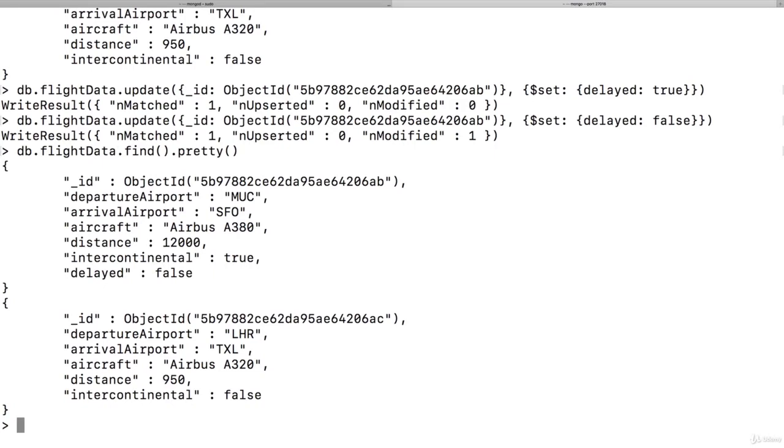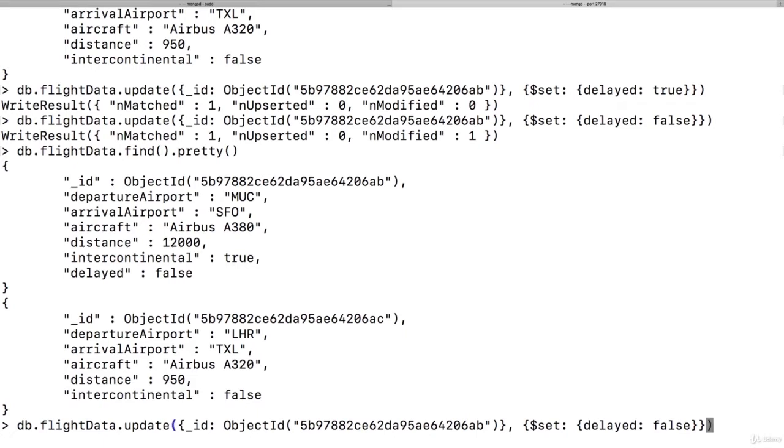Now update works a bit like updateMany. updateMany was used to update all matching elements, and update would also update all matching elements. So what's the difference between update and updateMany then? The difference can be seen if I actually remove $set here.